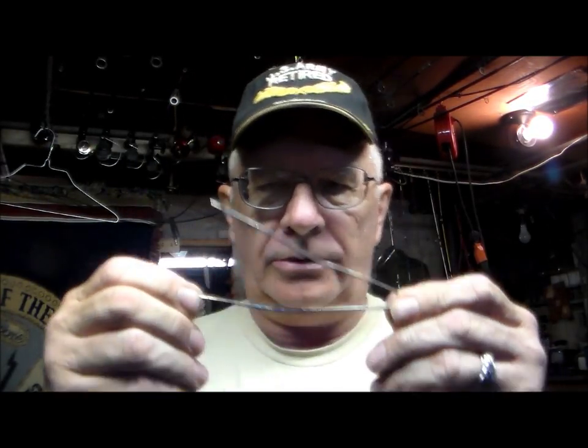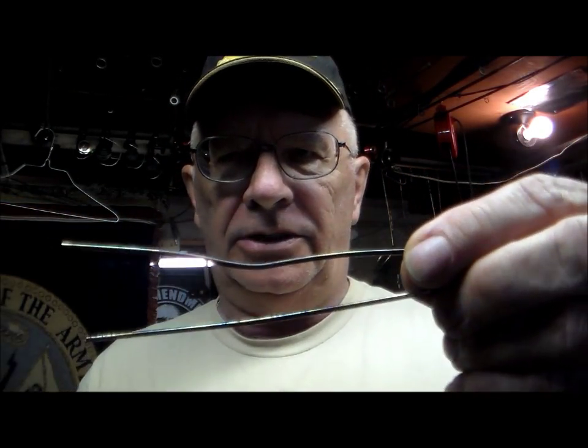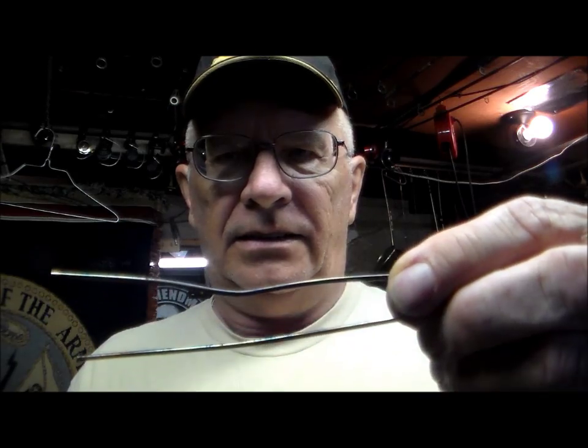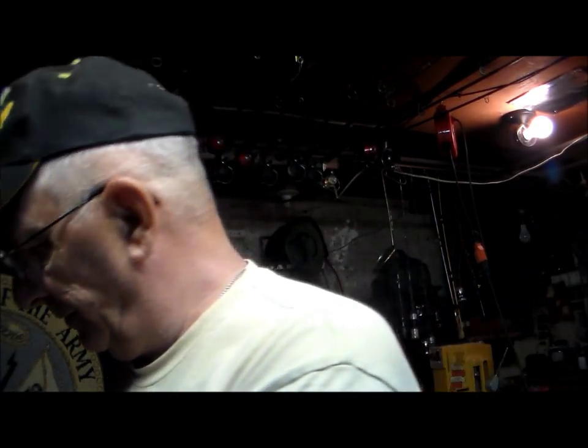wires that go across were melting. Here's, for instance, what they're doing. See how they're melting in the middle? So what I did